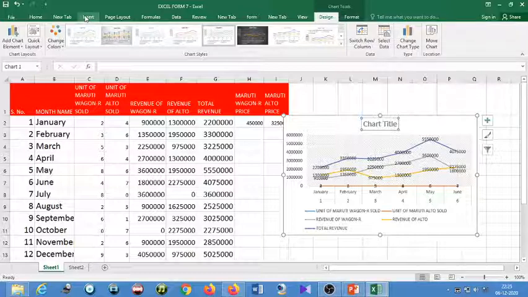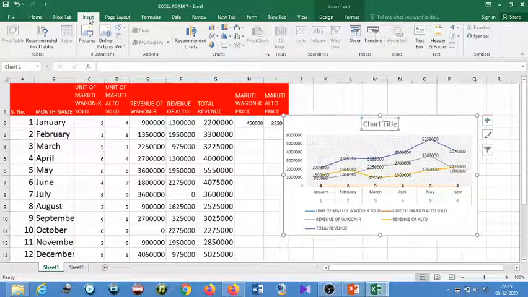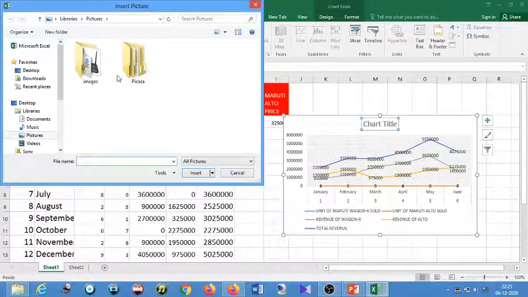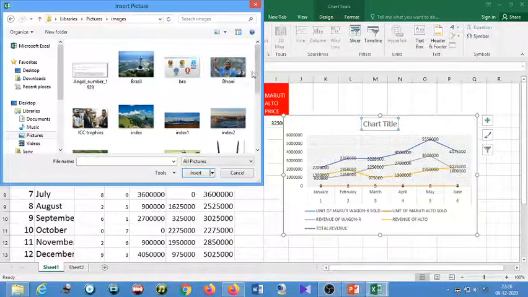So from the insert tab and insert image, click on the insert tab and look at pictures. Click here. Whatever pictures are available with me, I will use here.